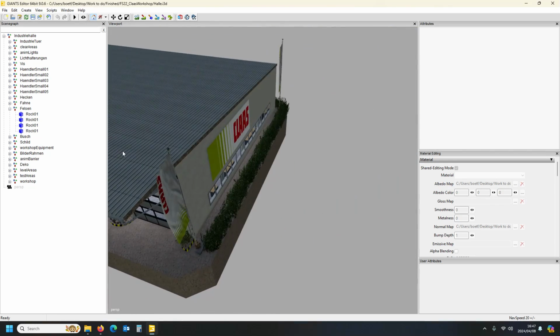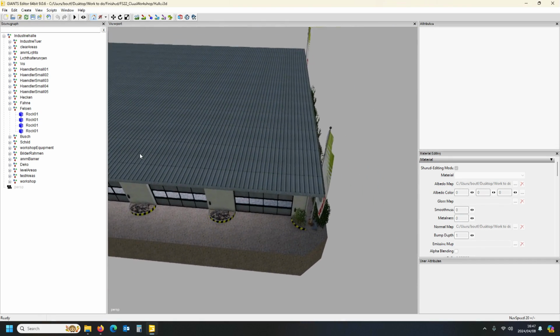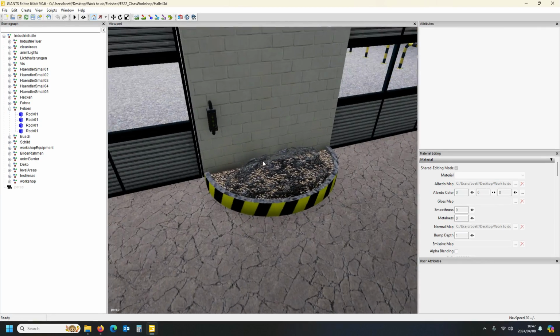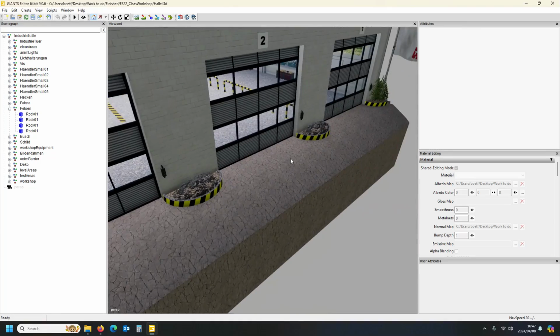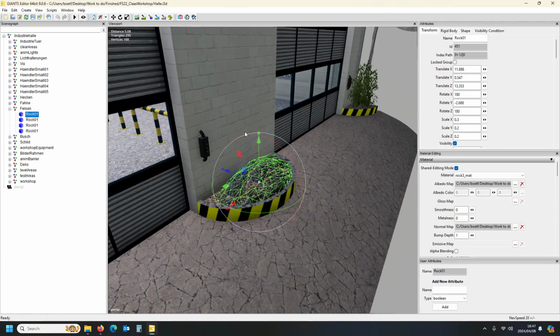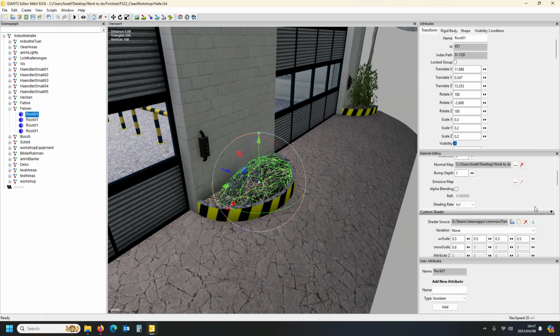So let's have a look. Where is this rock? Oh, it's in the front. Here on the front. Here they are. I've actually never realized that these funny rocks are there. Okay, now I know where they are. All right, good stuff. Anyway, so what we want to do is have a look at first of all,